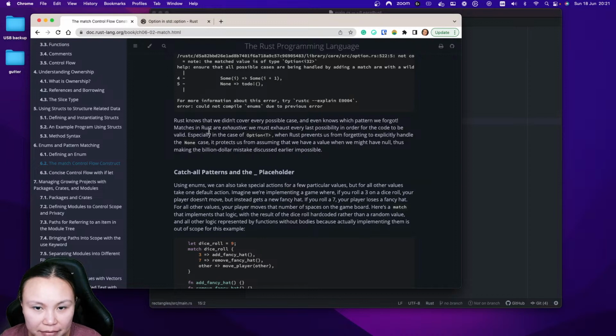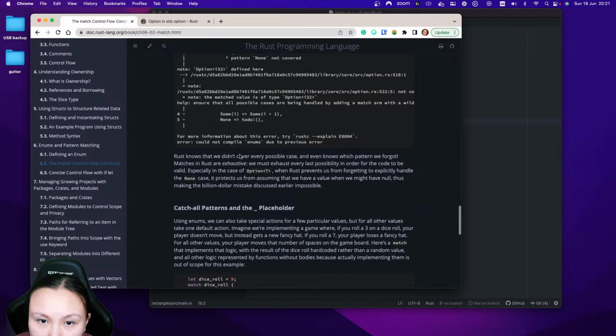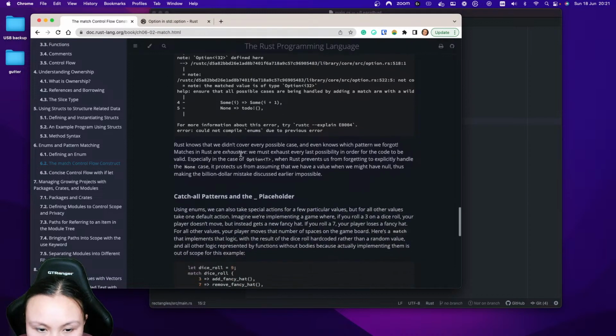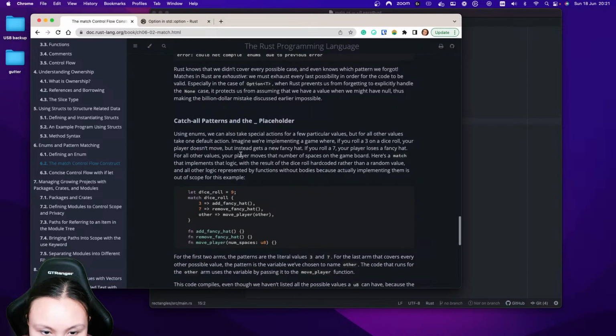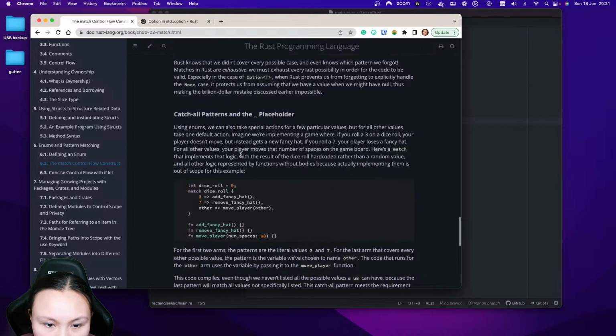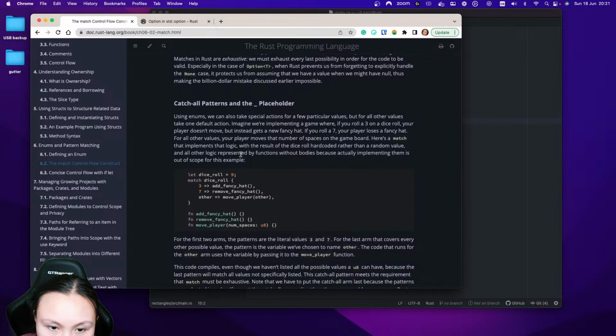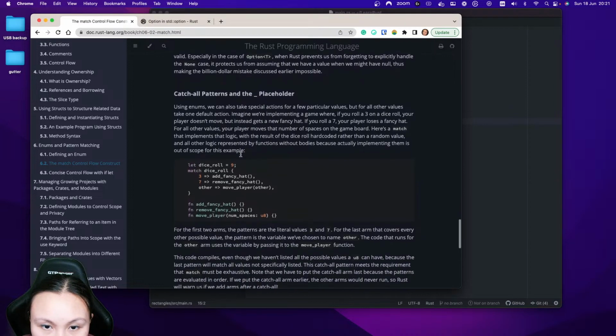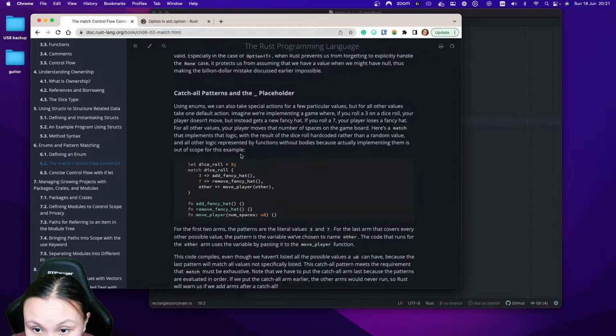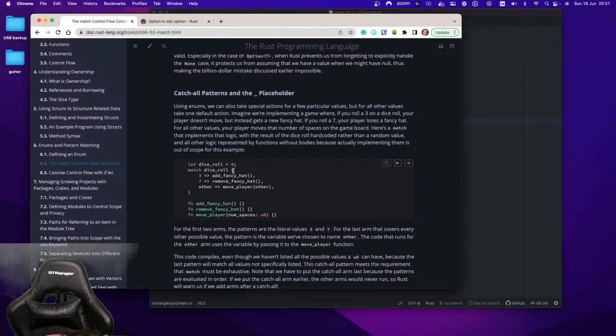I think this is very good as well. Make sure that it works. Catch-all pattern and the placeholder. And then you take special action. We have a dice roll. The full type of this None is